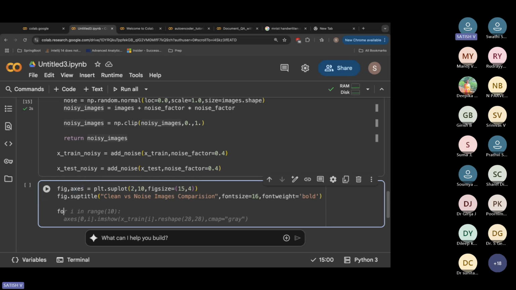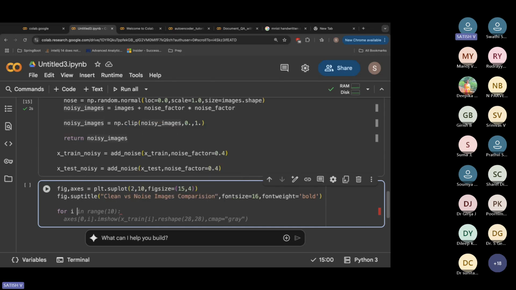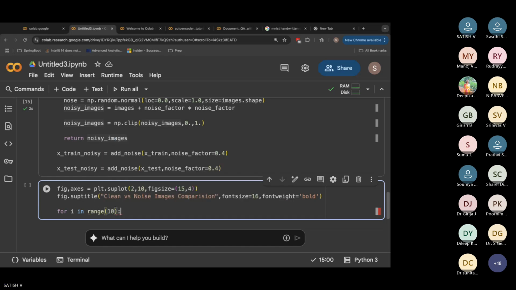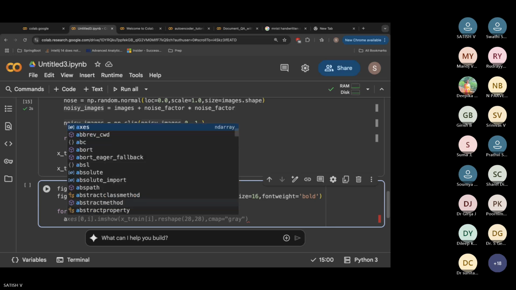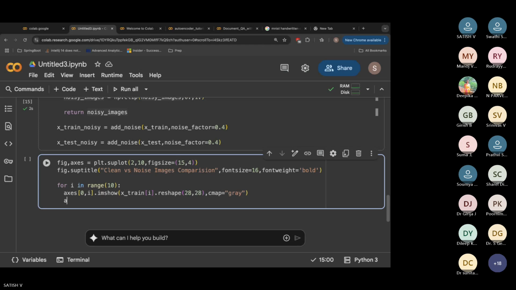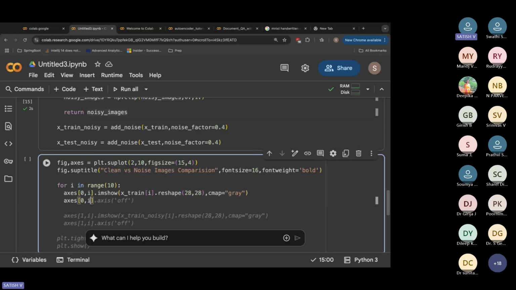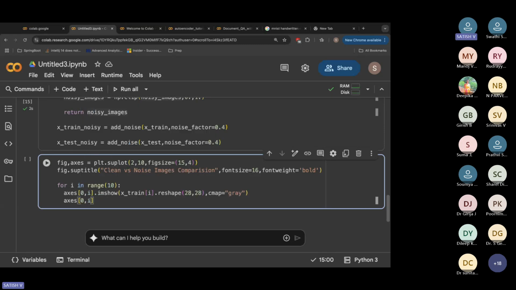Now I will loop the 20 images in 2 rows to show the comparison, like how the noisy versus the original images look. Same as the previous one. So 0 indicates the first row. Whatever is in the first row, we are accessing that. So for this, we will take